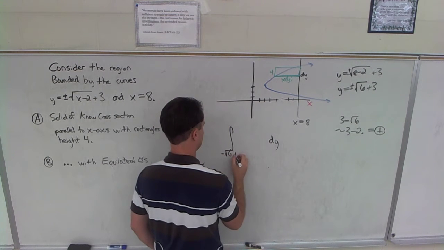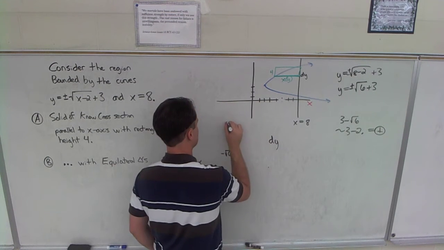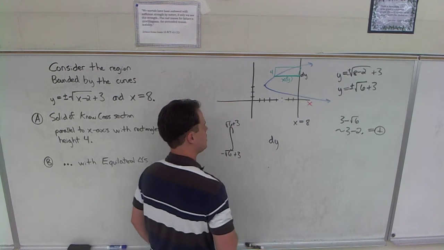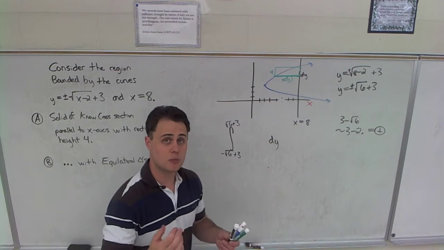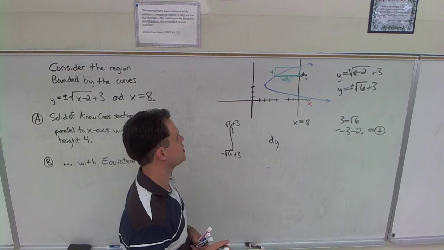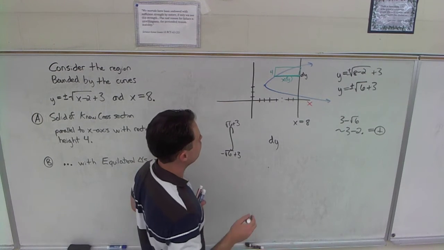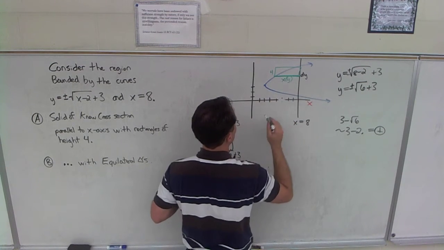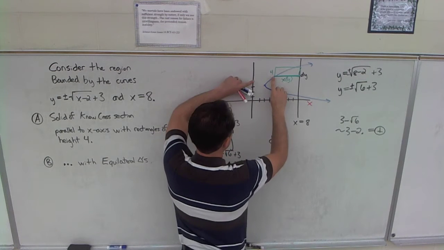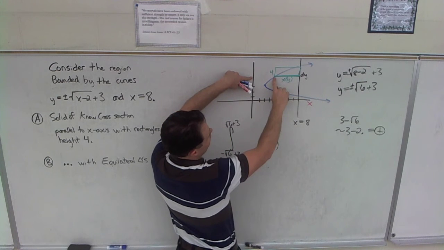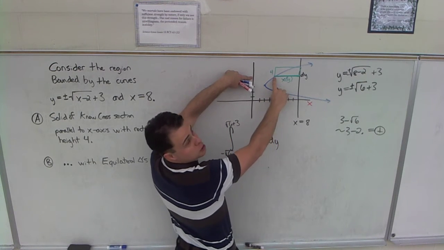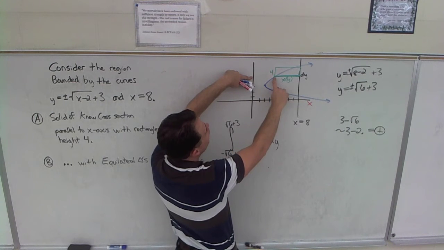Negative square root of 6 plus 3 to positive square root of 6 plus 3. And now, of course, the most important part, focusing on that green cross section. So how long is this? Well, the distance from here to here is the function, whatever the function outputs